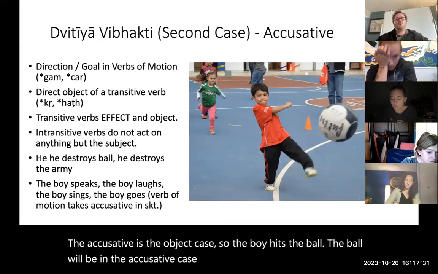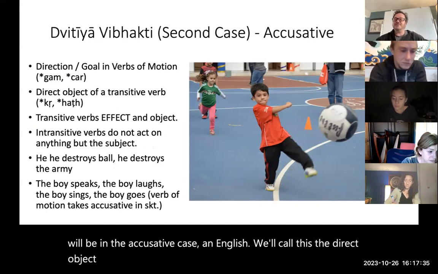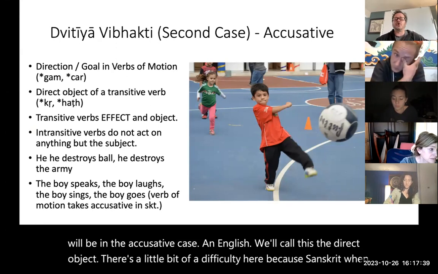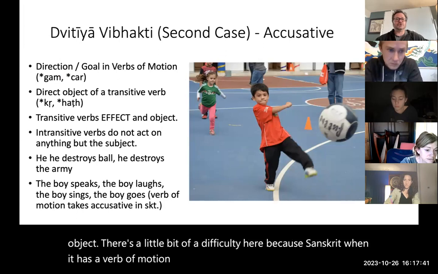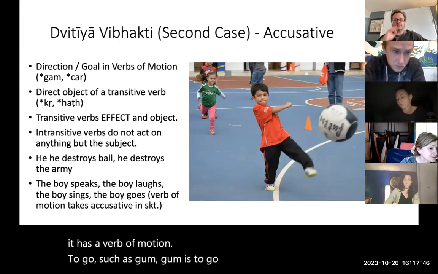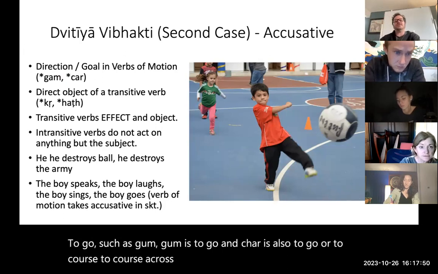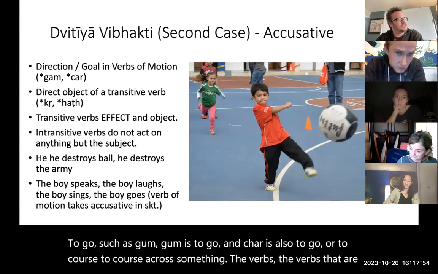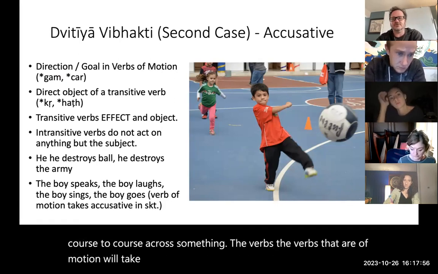In English, we'll call this the direct object. There's a little bit of a difficulty here because Sanskrit, when it has a verb of motion, to go, such as gum is to go, and char is also to go or to course across something,